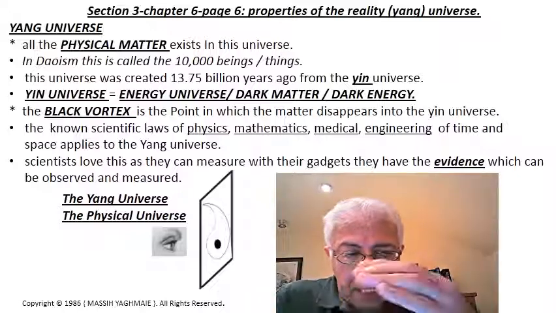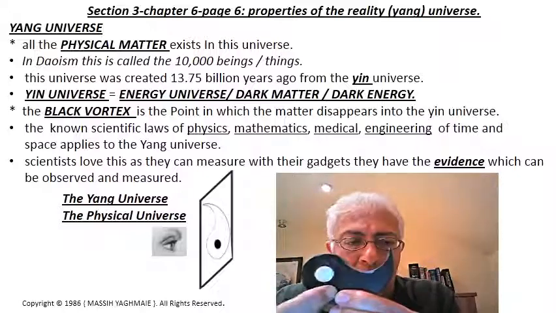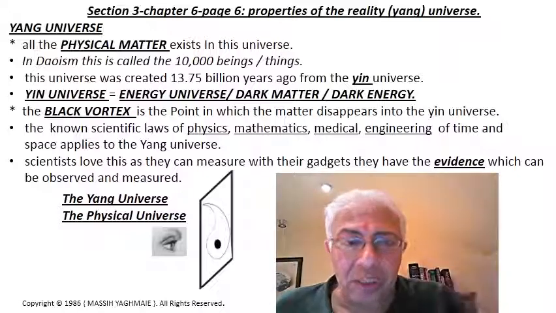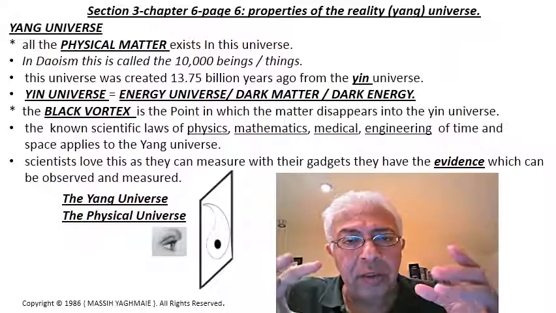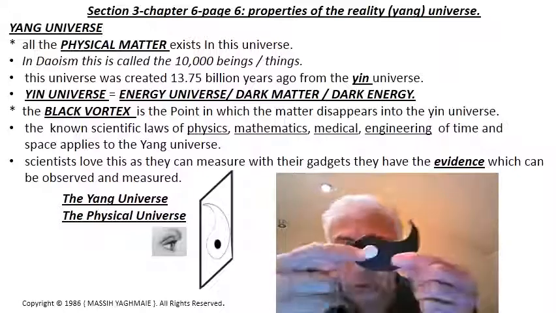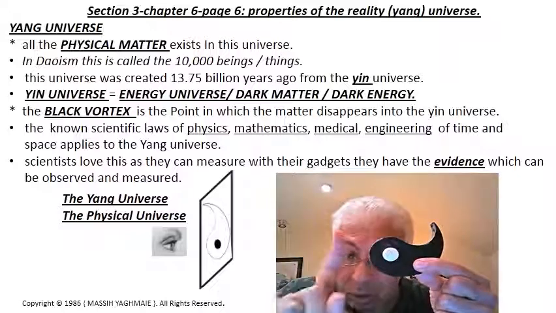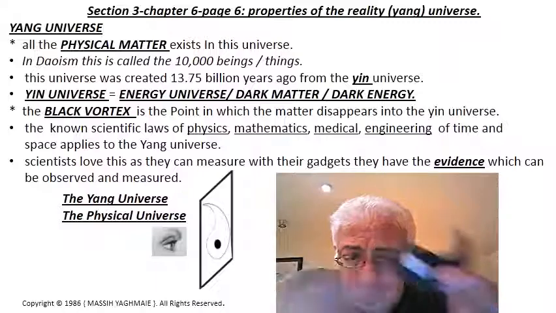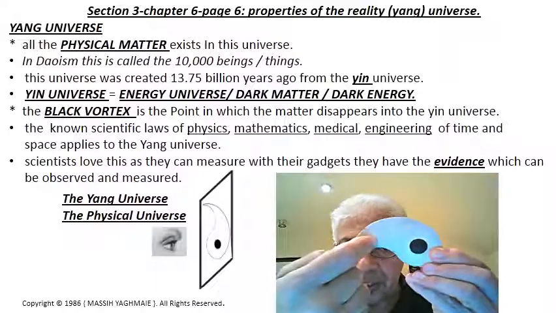So from this, which is energy, also known as dark matter or dark energy, and that's what has baffled the scientists. What is this dark energy or dark matter? So 13.5 billion years ago, from this universe, from this dark matter or dark energy, through what is called the white vortex, not the hole, but a vortex, all this energy came through and created the known universe, the yang